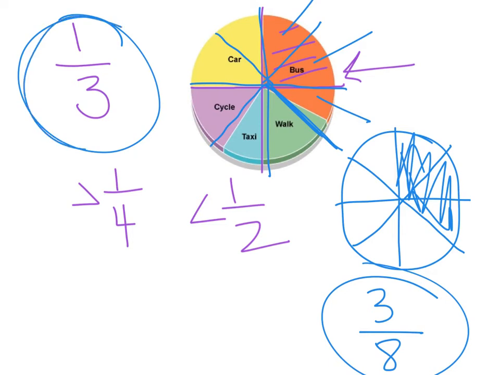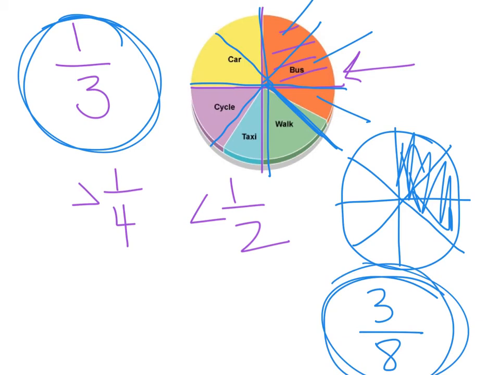So if I wanted to explain 1/3, I would say that the orange portion, or the bus riders portion, is bigger than 1/4, but less than 1/2, so it's about 1/3. So sandwiching it in between those two benchmark fractions is an easy and great way to come up with a good estimate. If I wanted to explain this estimate of 3/8, I could say if I divided this pie chart